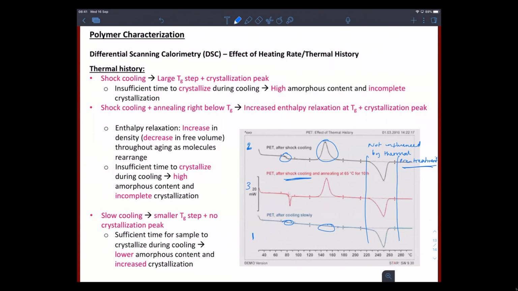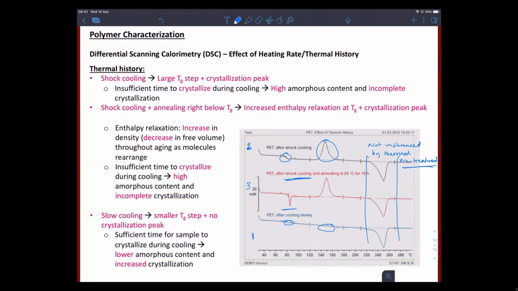The longer the sample is stored below the glass transition, the greater the enthalpy of relaxation, and so this peak we're looking at here, and the more pronounced the effect of physical aging. So the enthalpy of relaxation peak is often a result of the thermal history of a sample and affects the evaluation of the glass transition. Because we've stored it at 65 degrees C for 10 hours, we're now affecting the glass transition